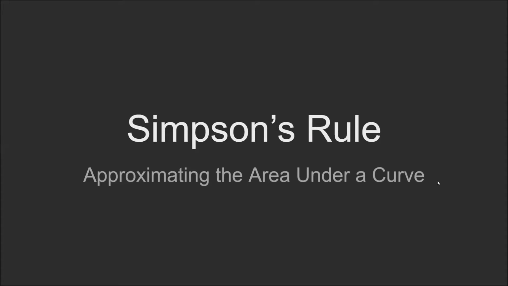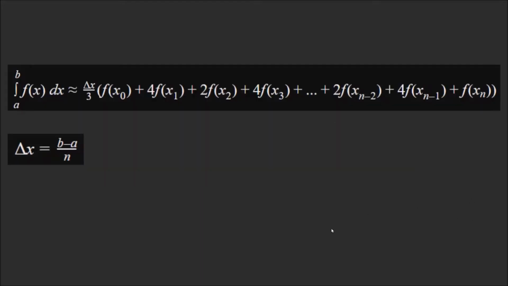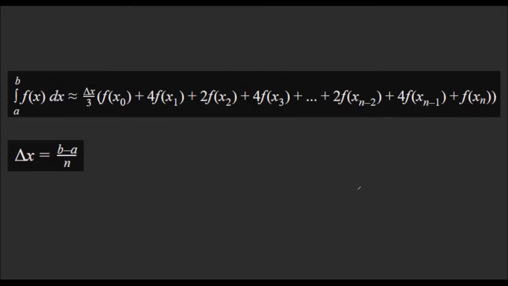Today we're going to go over Simpson's rule, also known as Simpson's 1/3 rule. It's a way to approximate the area under a curve, similar to a Riemann approximation or a trapezoidal approximation. So the formula for approximating the value of the integral of f of x over a certain interval using Simpson's rule is more of a pattern than anything. It's equal to delta x over 3, which is where it gets the name of its 1/3 rule